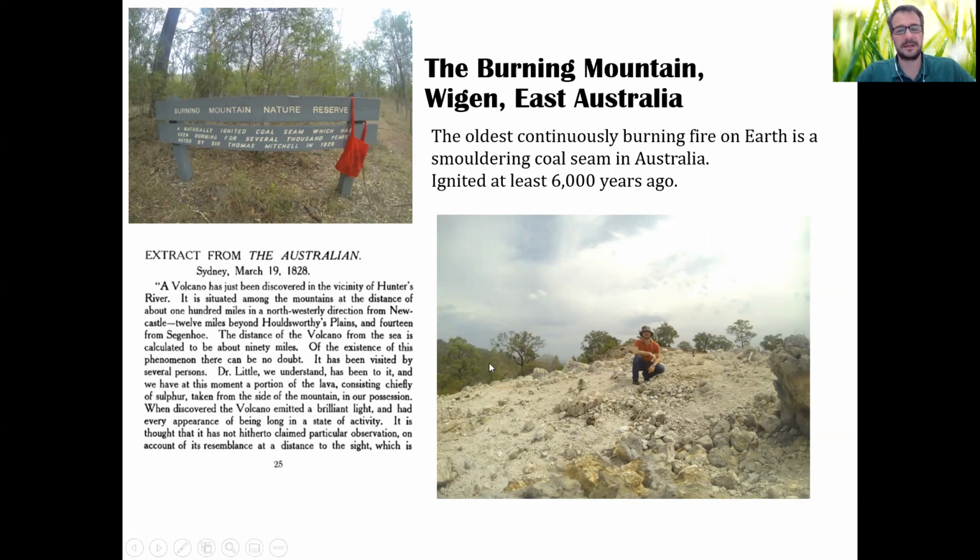The interesting thing is that in the 1800s, when the Europeans started to arrive in Australia, they actually thought that it was a volcano. There was a particular year, 1828, you can see it over here, when the smoldering fire was particularly close to the surface, and it was glowing at night. It was a big plume of smoke, and they thought it was a volcano, but it was not a volcano, and it has not been extinguished and continues burning every day.